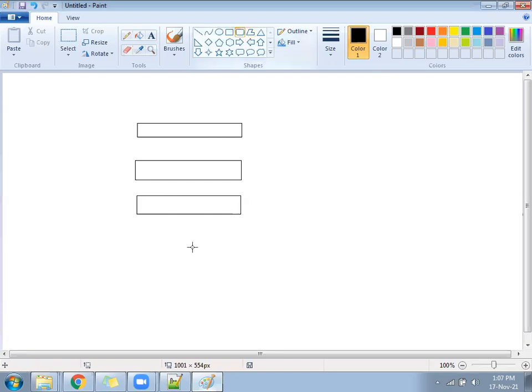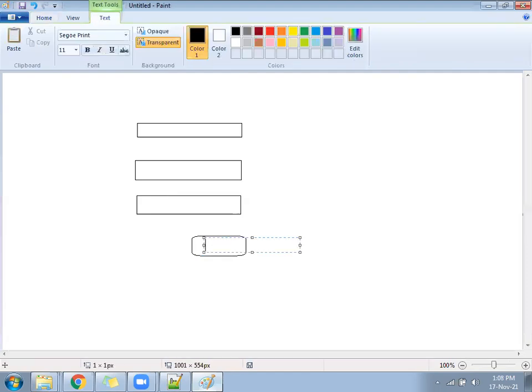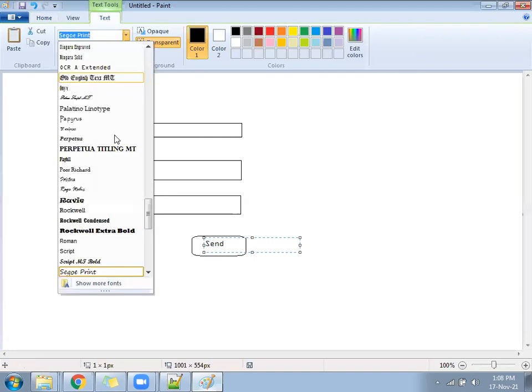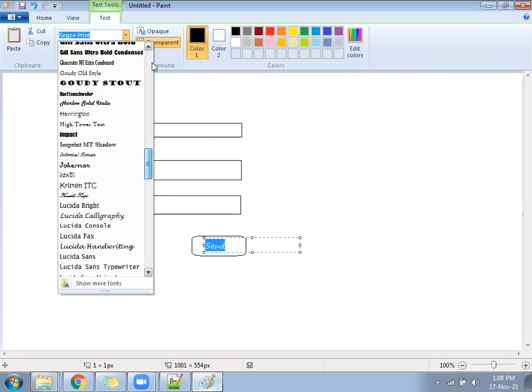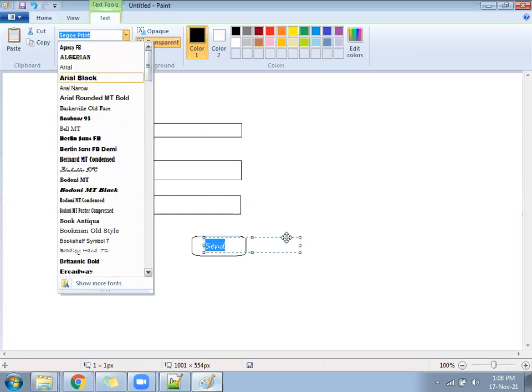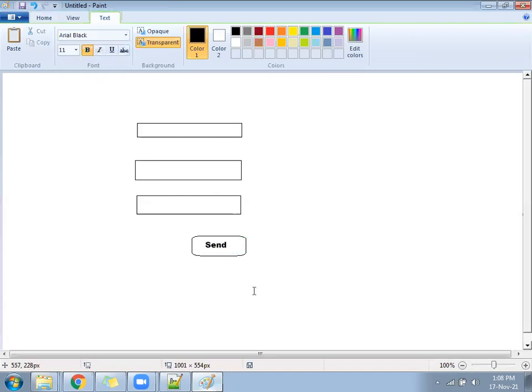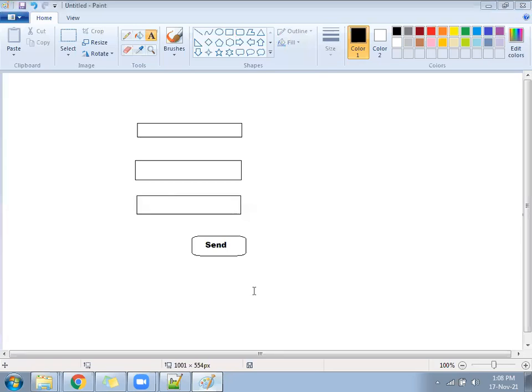After that, one button called send. 3 TR, 3 TD. Yes.